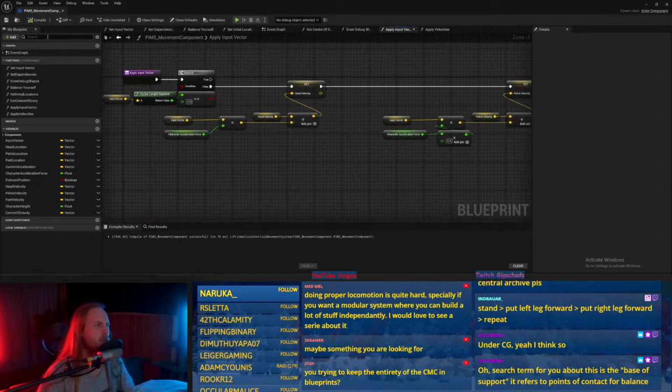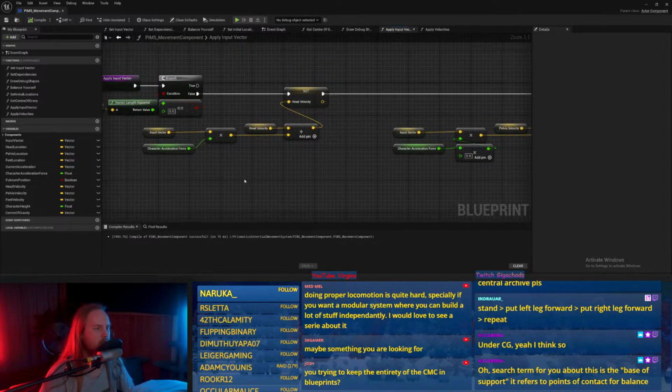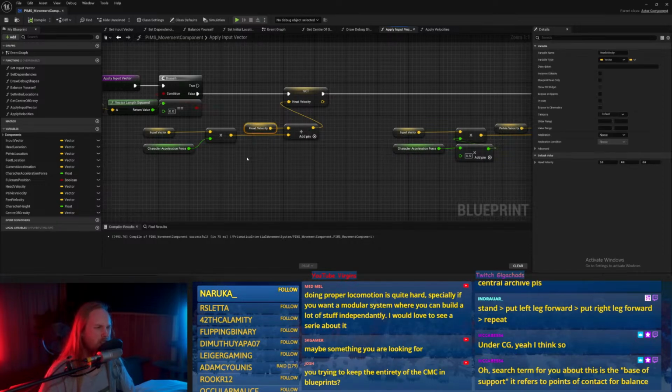Like, we essentially want to do like a friction or air resistance force. Which just means we want to scale the velocity down, right?